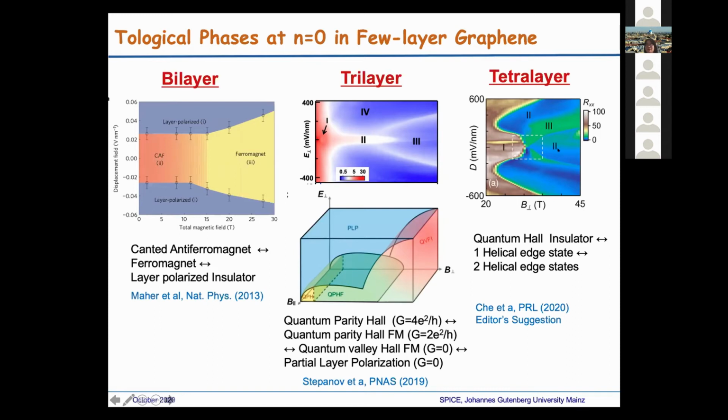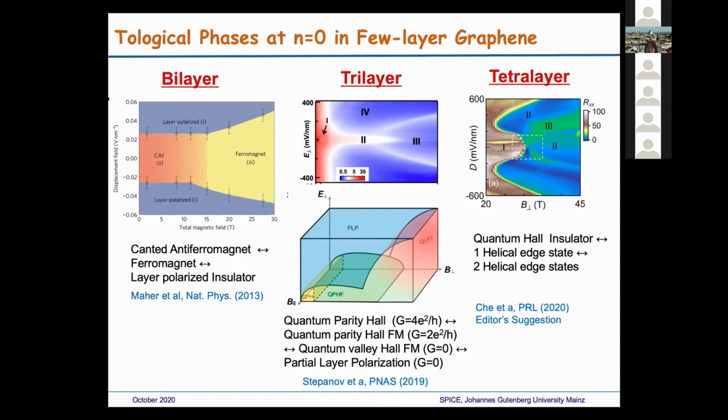And then we have phase 2 and 3. It turns out phase 2 and 3 are both topological phases. Again, they have a quantized conductance, and in phase 2 we have 1 helical edge state, and in phase 3 we have 2 helical edge states. Okay, so this is just a very rough, quick overview of what can happen